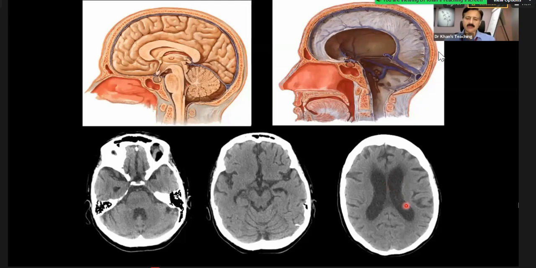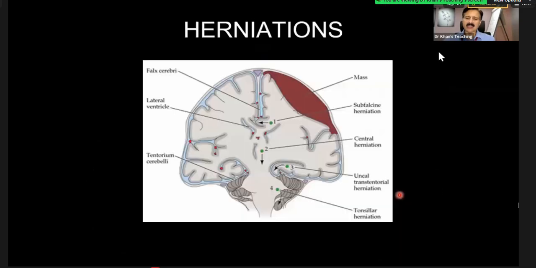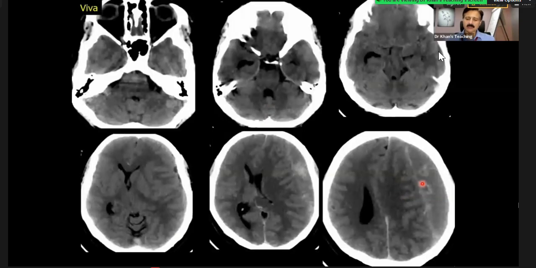So the ipsilateral lateral ventricle will be compressed and the contralateral will be dilated. Go back to your case. Now, this is subfalcine herniation. The ipsilateral lateral ventricle is compressed. Contralateral is going to be dilated. And you will always see this,